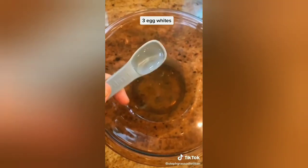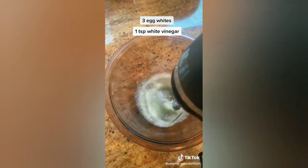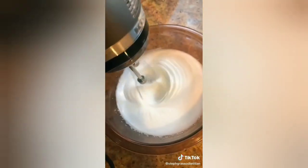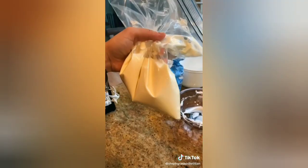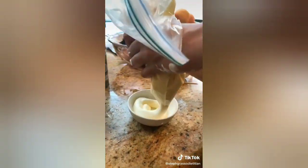Now onto the egg whites. Add some white vinegar, then mix it together until it gets bubbly like this. Add some sugar. Mix it on high speed until it looks like that. Fold the egg whites into the yolk, place in freezer bag, spray down ceramic cups, and squeeze the bag in